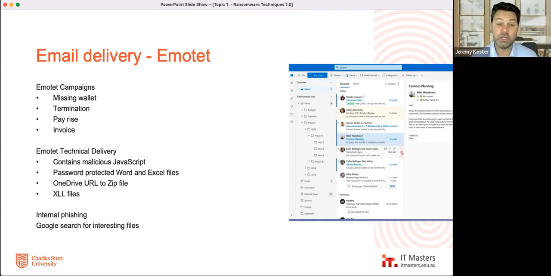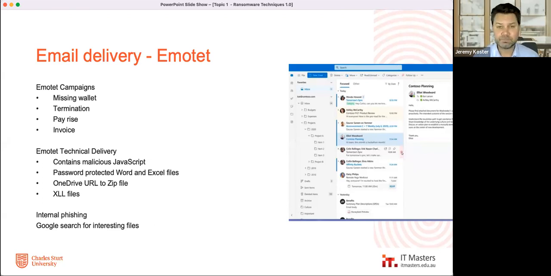And once they open the document, a malicious JavaScript runs, and then it starts to download the next part of Emotet. So it's got the stub there, the JavaScript runs, Emotet comes down and installs itself. Sometimes the Word and Excel files are delivered in a protected format so that they can't be scanned by antivirus and things like that. So once it gets in, they provide the password, you open up the Excel file, and all of a sudden you're infected.